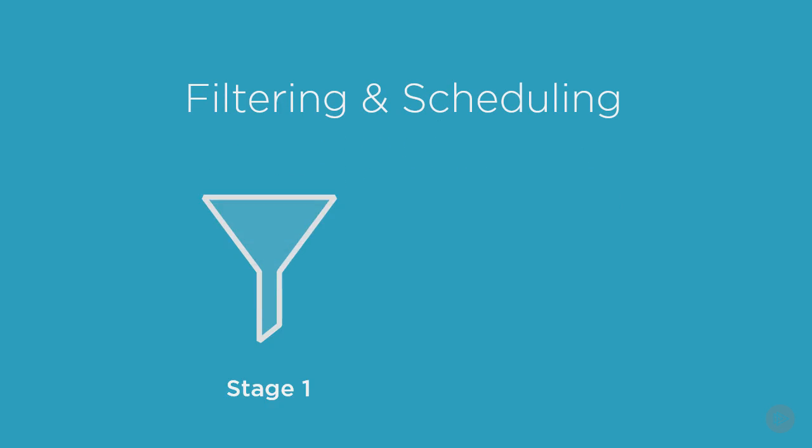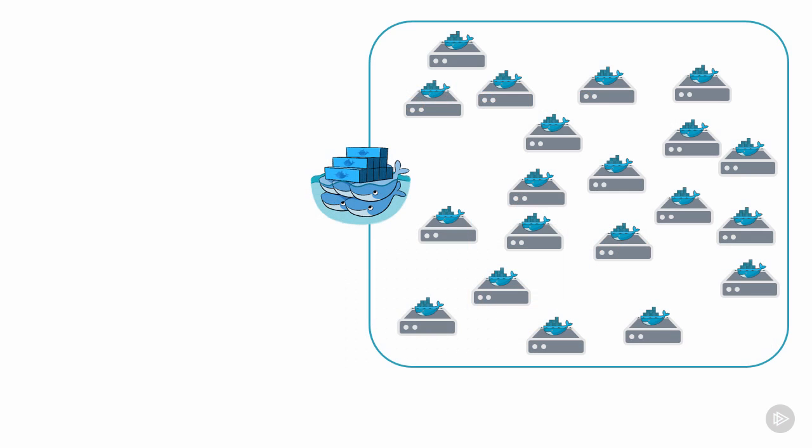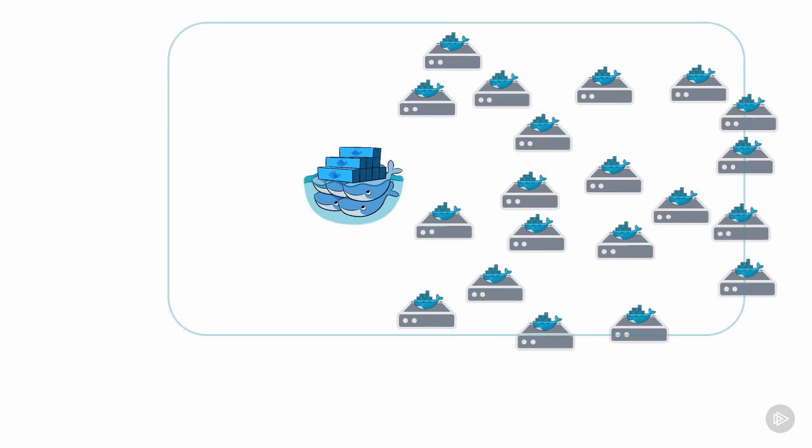So filtering runs first, gets rid of the nodes that aren't appropriate for the new container, effectively generating a list of nodes that are appropriate. And then scheduling takes that list and, I don't know, it picks the lucky node that gets to host the new container. So just as a quick example, let's say we've got a cluster going and it's got some